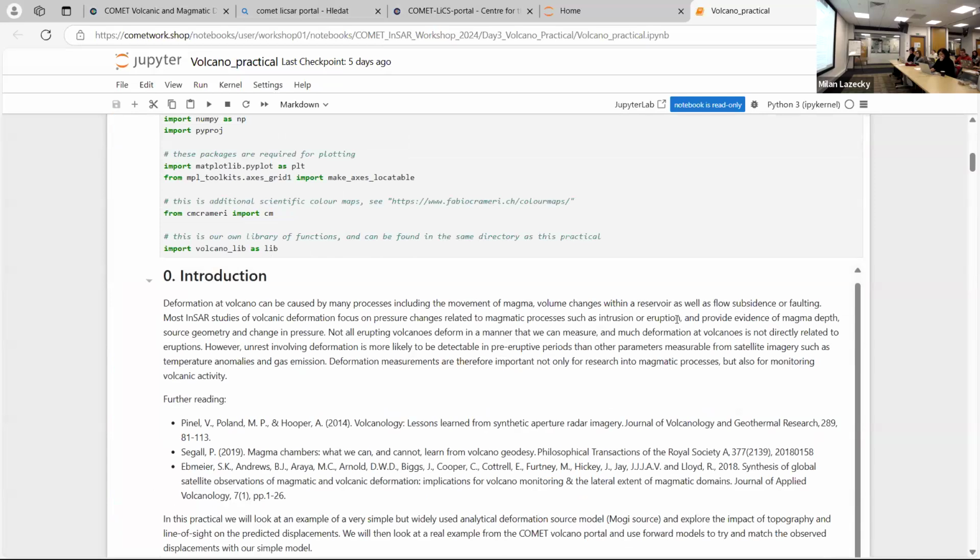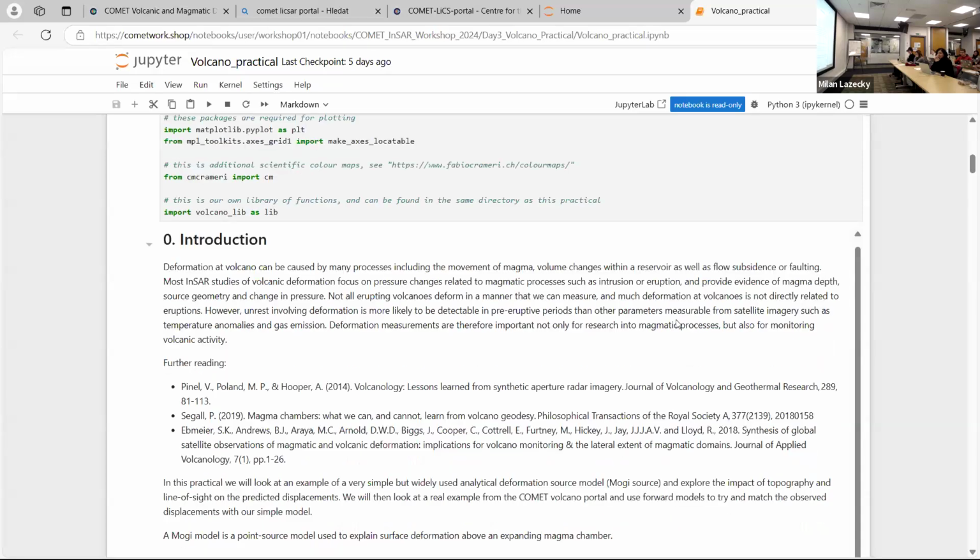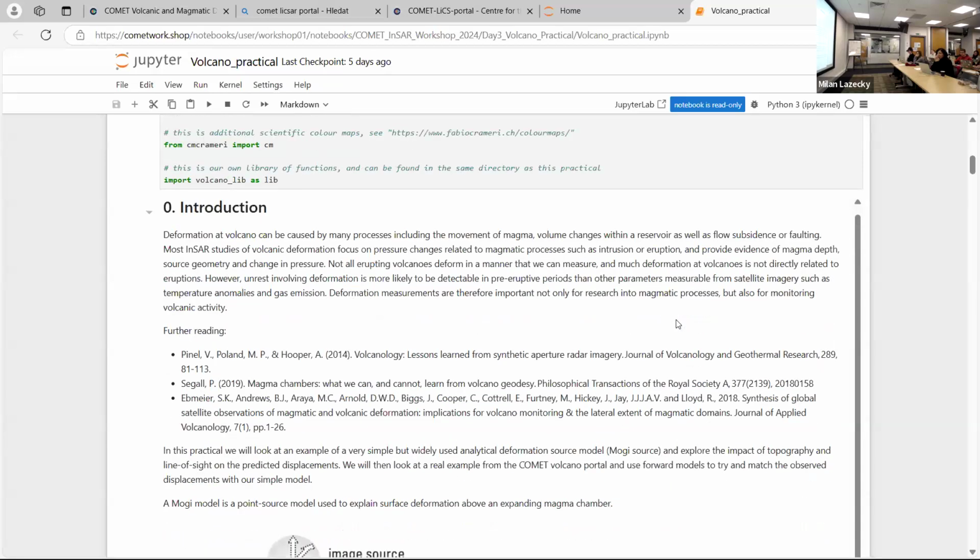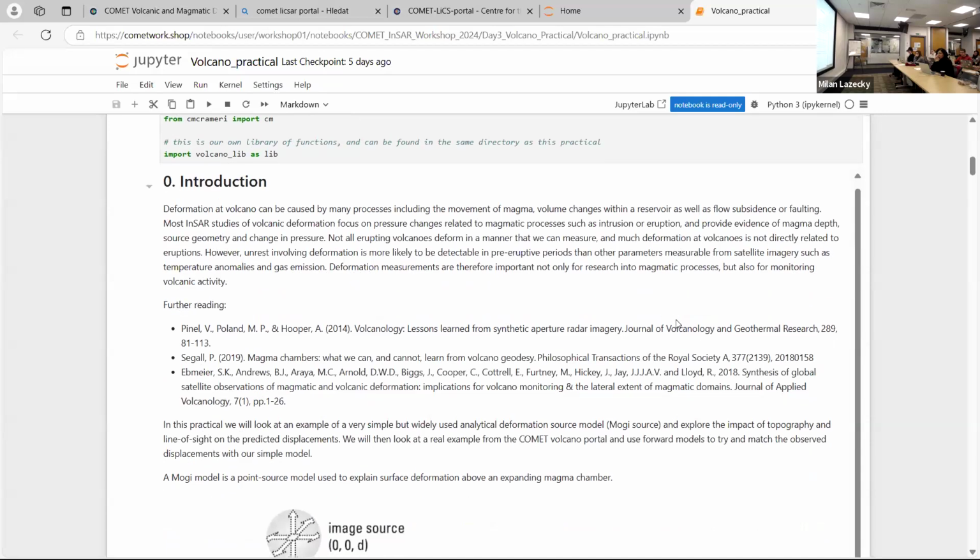You can use it as an analog and apply either a change in pressure or a change in volume to the point source, and that gives you a deformation signal. You can then compare it against your InSAR data and figure out what the residual is, how much difference you have left over, and that can tell you how accurate your volume or pressure measurement is.